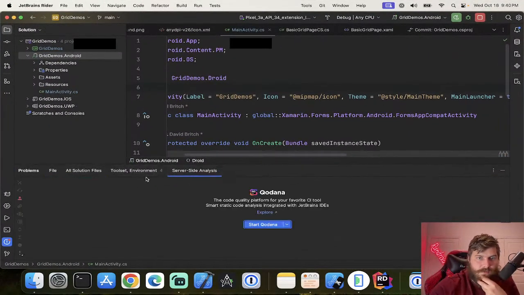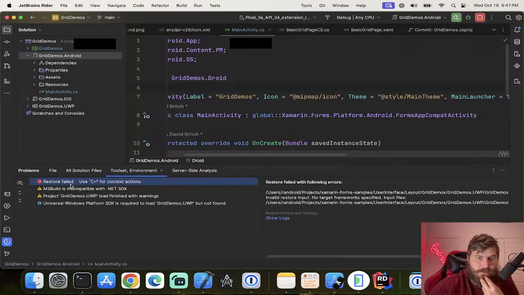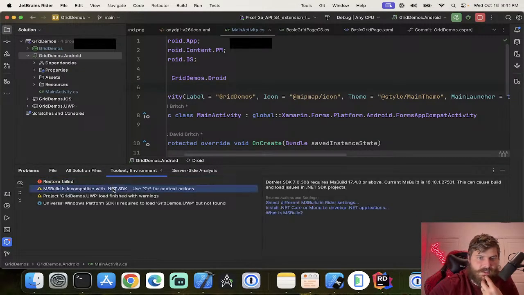Restore failed. MS Build is incompatible with .NET SDK. .NET SDK 7 requires MS Build 17 or above the current MS Build. This can cause build issues. Select a different MS Build and writer options. Install .NET Core or Mono to develop .NET applications. So I want to update to